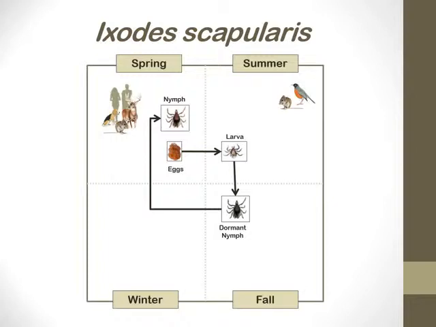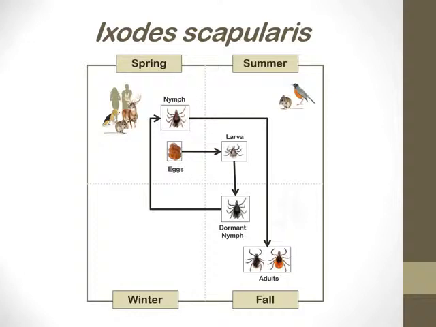If previously infected during the larval stage, the nymphs may transmit the Lyme disease spirochete to their hosts. If not previously infected, the nymphs may become infected if the host, such as the white-footed mouse, carries the Lyme disease spirochete from previous infectious tick bites. After taking a blood meal, the nymphs drop off the host and into the leaf litter where they molt into